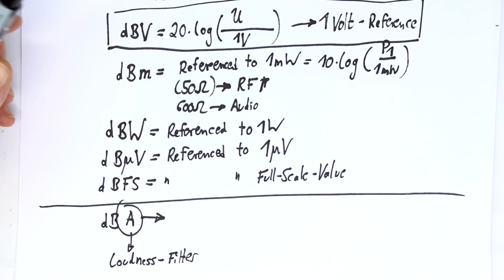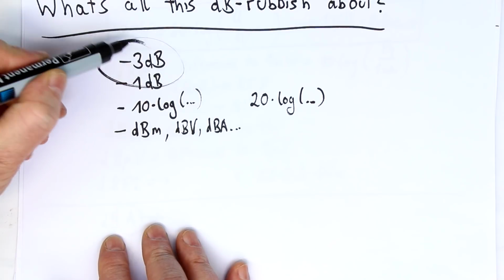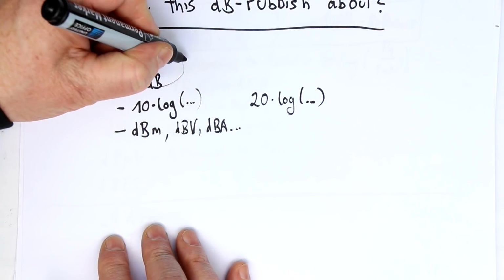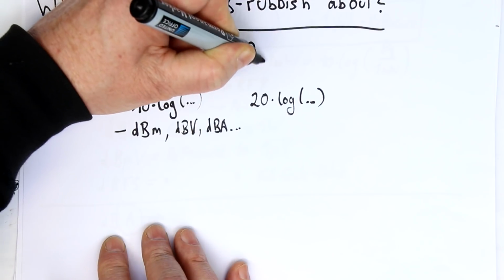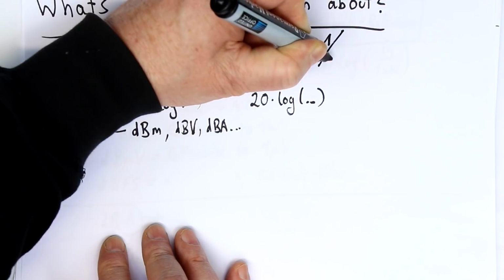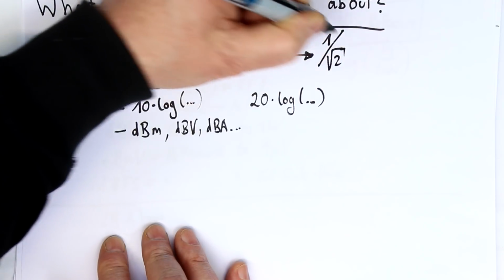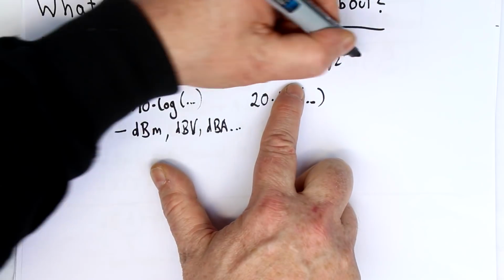So that was it for today. Basically, I only wanted to explain, because I need it in a future video, why is there especially this -3 dB. And now we know it's where the power drops to half of its reference value and the voltage or current dropped to 1 divided by the square root of 2, or 0.7 of the reference voltage,